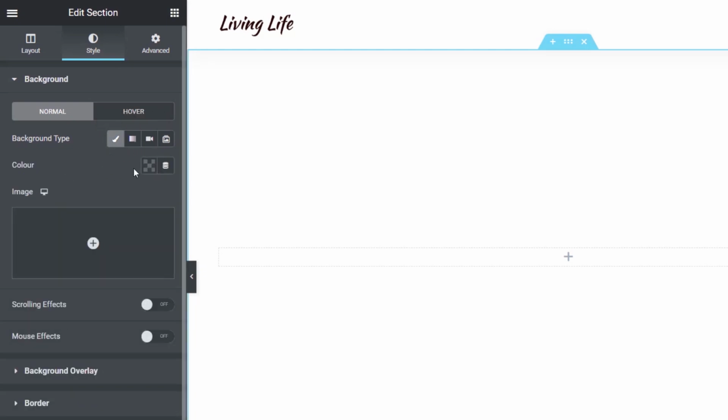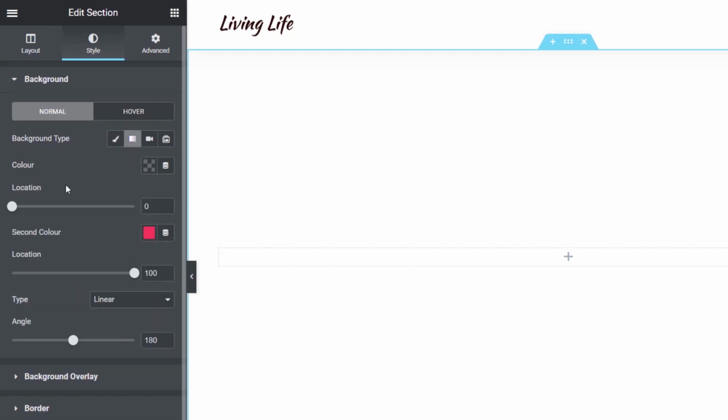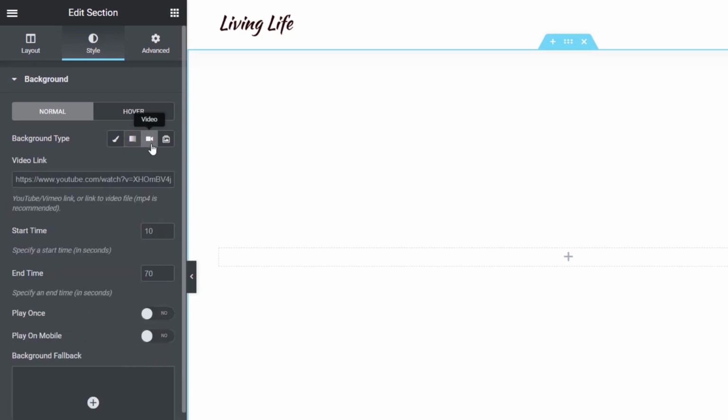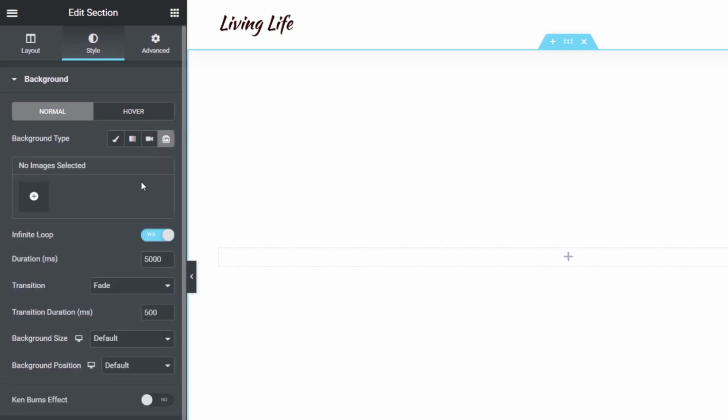If we click on there, we can either choose a color or an image. We can click on gradient, or we can create a gradient effect if we wanted to. We've also got video, so we could drop a video into the background if you wanted to use one, and we can use things like YouTube or Vimeo. You could even use a file that's located on your own system as well, as in on the server. What we want though is slideshow, and this allows us to create a nice slideshow at the top of our